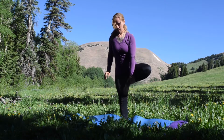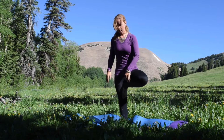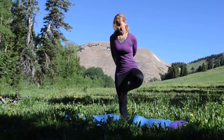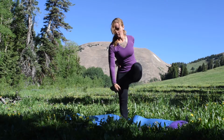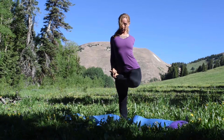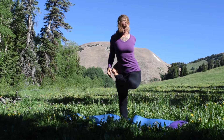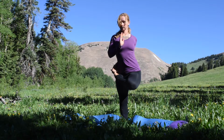Left foot comes up either to the ankle, calf, or inner thigh, or if you want to try the half lotus here, you absolutely can. I have to bring my hand around first on the side because it's a little bit more difficult for me from side to side. So knowing that's okay if that's the way your body is too. Finding your way into the bind if you were trying to go there today,